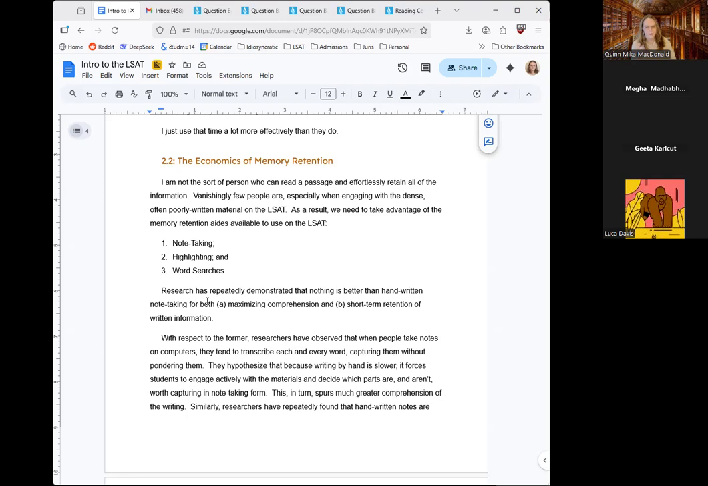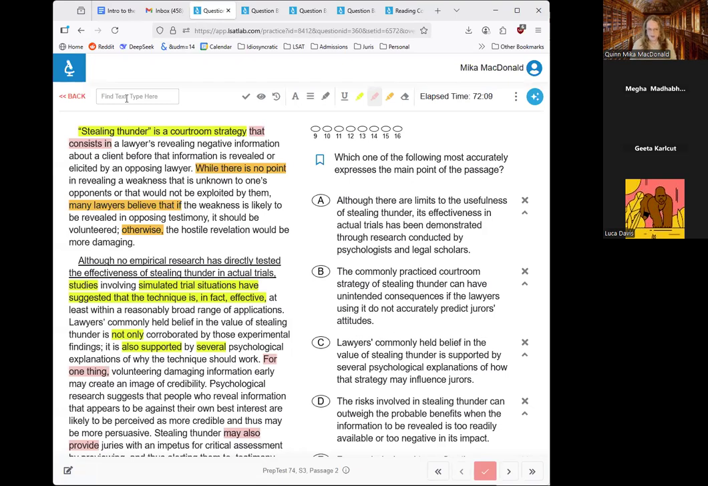All right, so three big memory retention aids we can use on the LSAT. The first is note-taking. Second is highlighting. The third is word searching. Any of you that don't know, the LSAT does in fact have a search text bar. I know this is the LSAT lab one, but if you go onto LawHub, you will also find that there is one of these installed. You are allowed to use this search text feature when you're taking the section. And it is quite useful when used well,